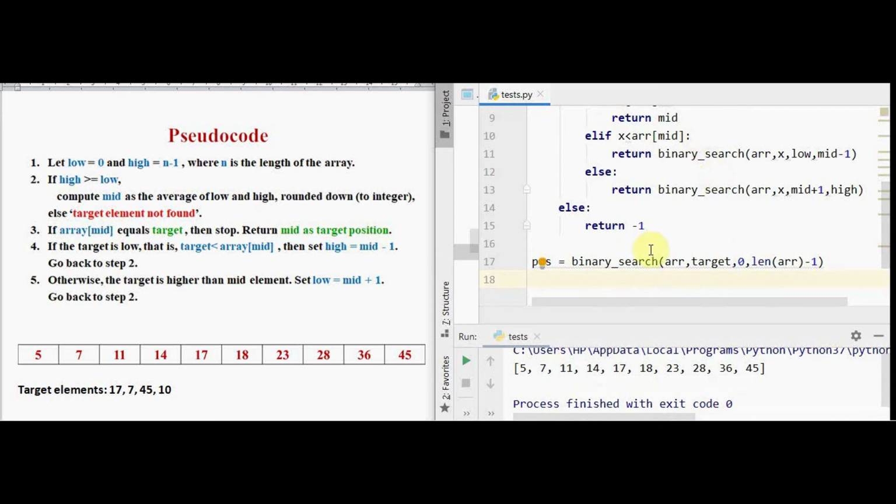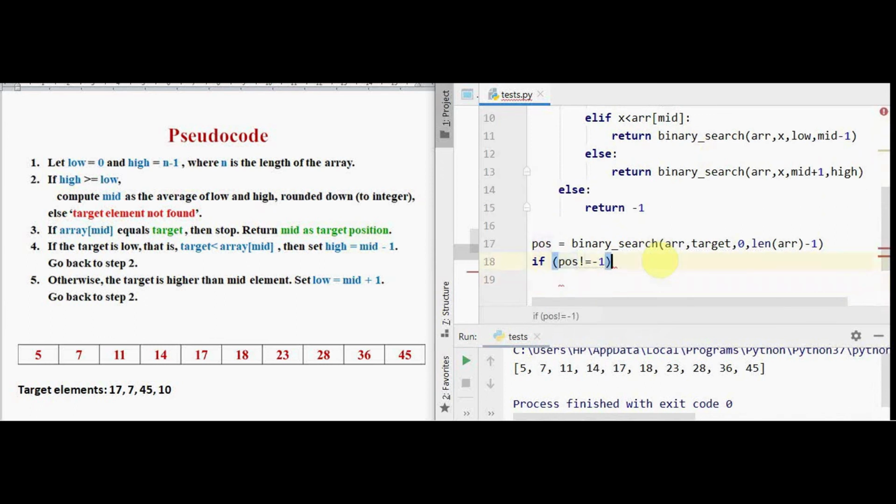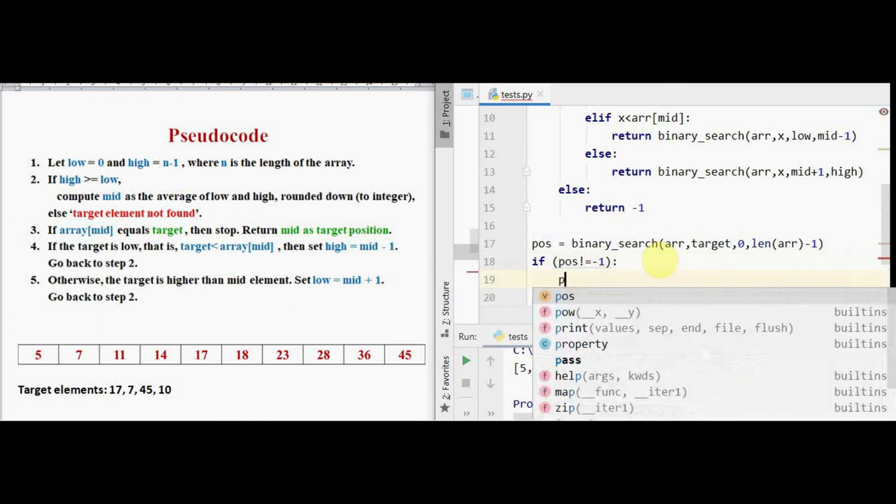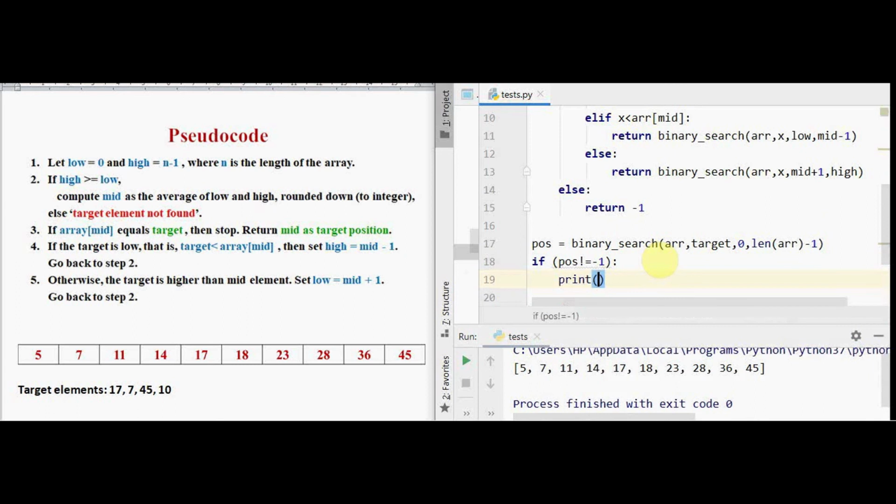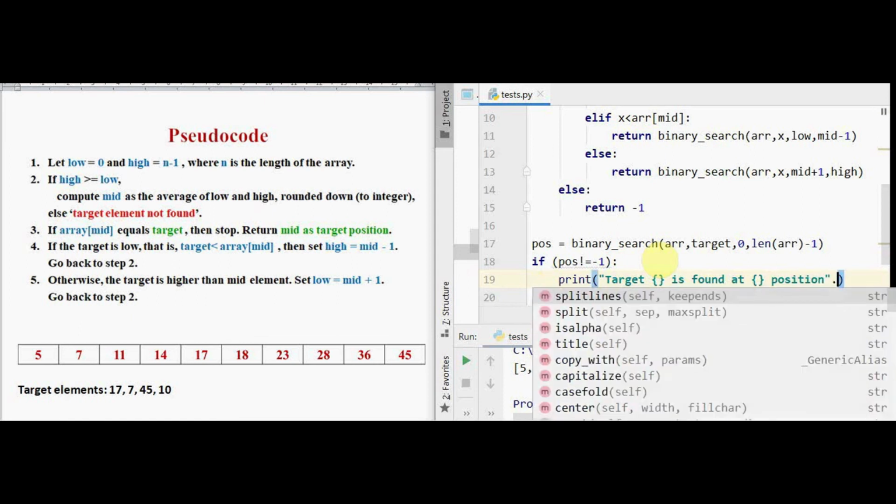Now we have got the position. So if position is not equal to minus 1, it means that the element is found in the array. So what can I print? I can print the target. Can use formatting here. Target is found at position. I use dot format.